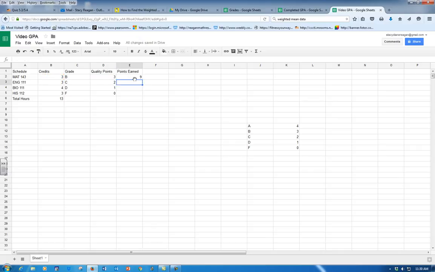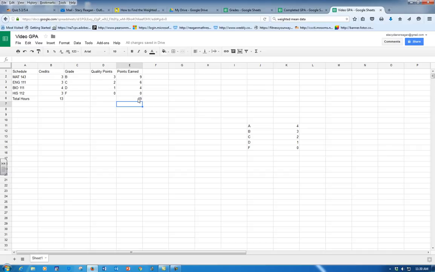for Math 143. Now in Google, I can go over here and I can highlight my column, and I can hit Control D, and it will fill down the math that I've done. So it actually did the math for each cell. It did B3 times D3 for this one, it did B4 times D4, and it just copied it down. So now I want to know how many points I've actually earned. So I'm going to go equals sum, and I'm going to highlight and hit enter, and I have earned 19